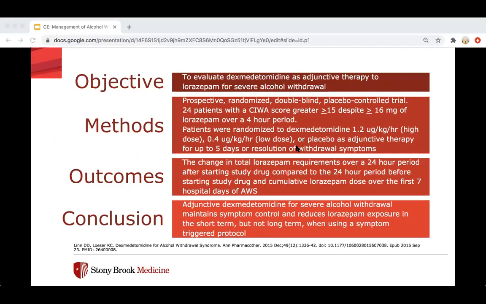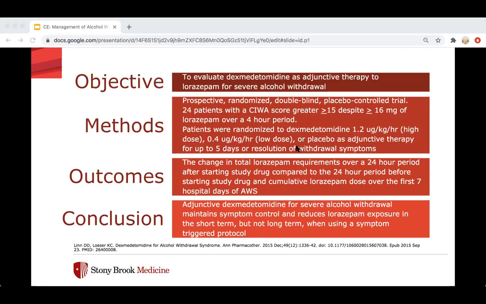Patients were randomized to receive dexmedetomidine as a high dose, as a low dose, or they were given placebo as adjunctive therapy for up to 5 days or until the resolution of their withdrawal symptoms. The outcome was the change in total lorazepam requirements over a 24-hour period after starting the study drug compared to the 24-hour period before the start of the study drug, and the cumulative lorazepam dose over the first 7 hospital